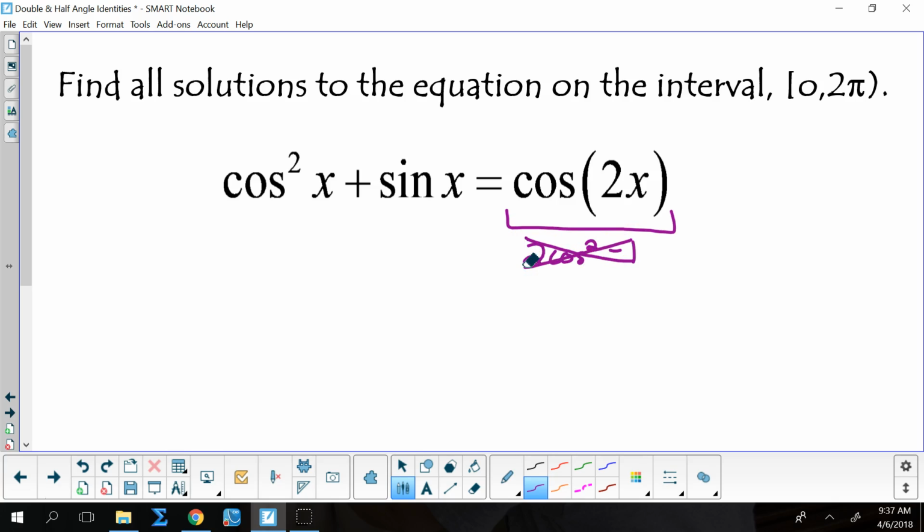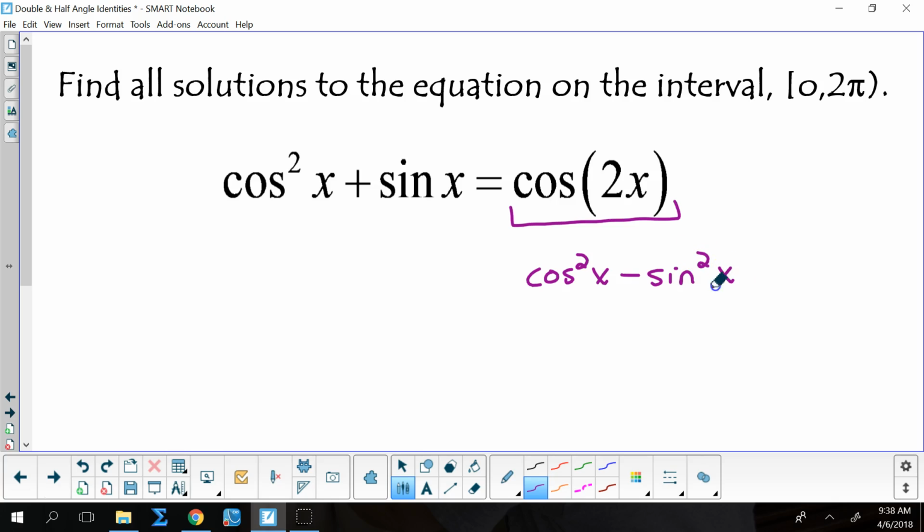If I go with 1 minus 2 sine squared, I'm still going to have sines and cosines. But if I make this one be cosine squared of x minus sine squared of x,